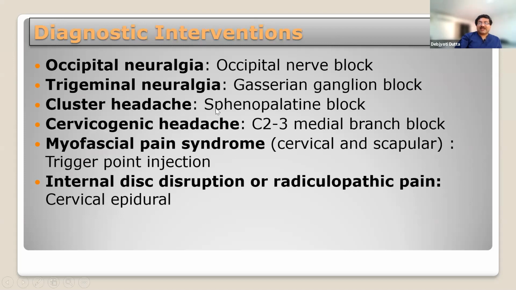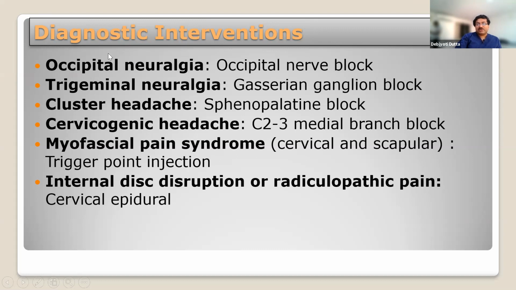So what are the diagnostic interventions we need to do in case of headache? For occipital neuralgia, we go for the occipital nerve blocks. In our advanced course, we show the technique of occipital nerve block under ultrasound. It is at the cervical region. As a basic course participant, you should not be doing it initially, but when your expertise increases, you can go at the level of the lamina of C2, over the inferior oblique muscle, and block this occipital nerve, to check whether their pain is due to greater occipital neuralgia or not.